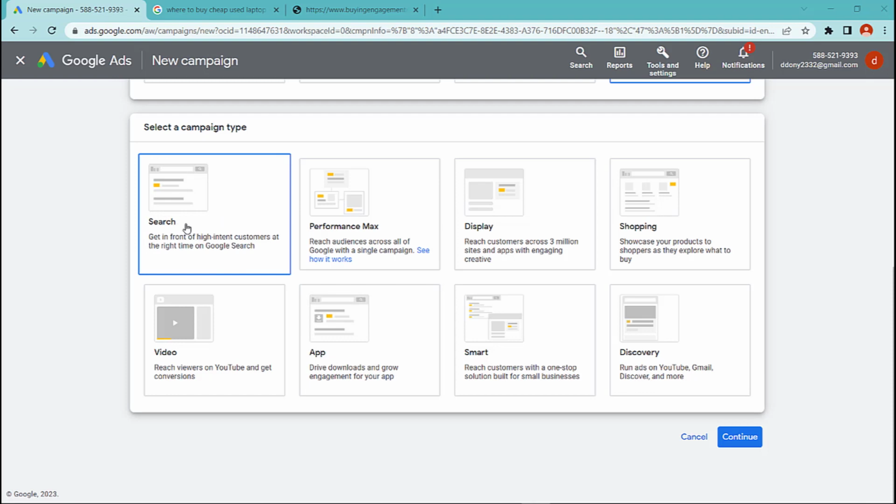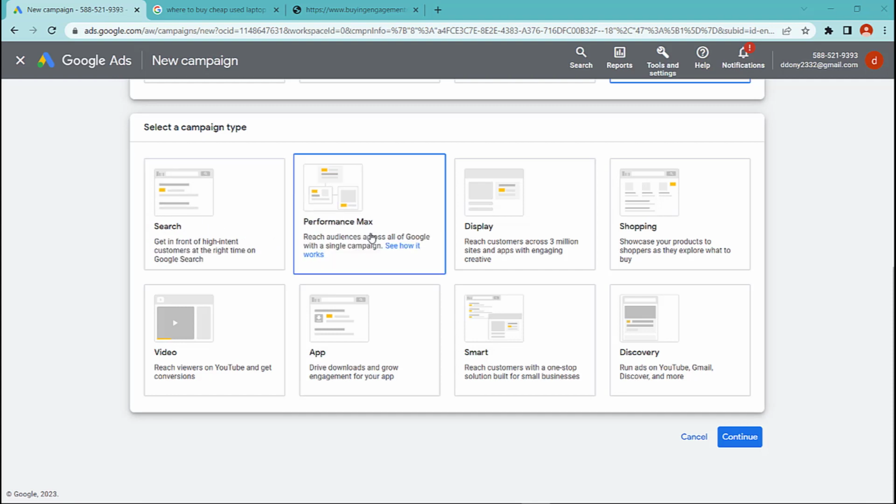The search campaign type is focused on the text-based ads that appear in Google search results. These are triggered by a specific keyword related to your product or service, and they are designed to reach people who are actively searching for the products or services that you offer.